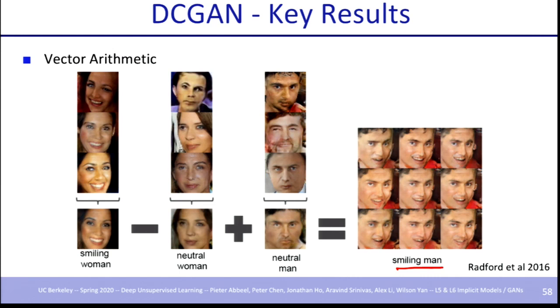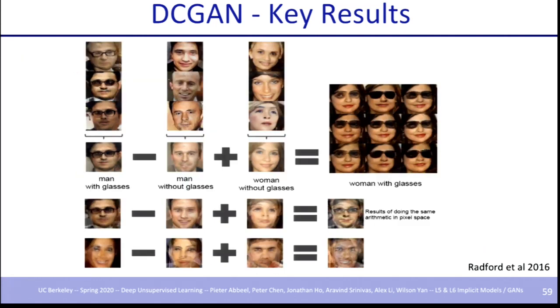So these are nice latent properties. It's very clear that the Z vector is able to capture the correlations between the Z and the pixels it generates, these high-level semantics, without any label data, right? So that was very interesting because that means that these models are doing actual unsupervised learning. And there are more results similarly, like a man with glasses. You subtract man without glasses, and you add woman without glasses. You get a woman with glasses. And these are various different samplings, right? You can sample with adding different noise, and then you can see different samples.